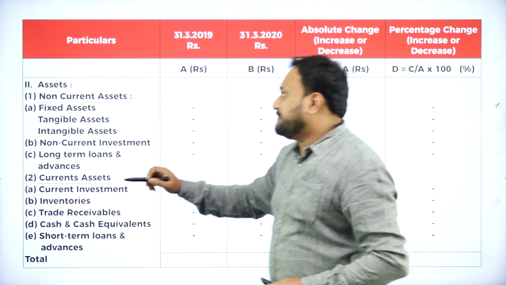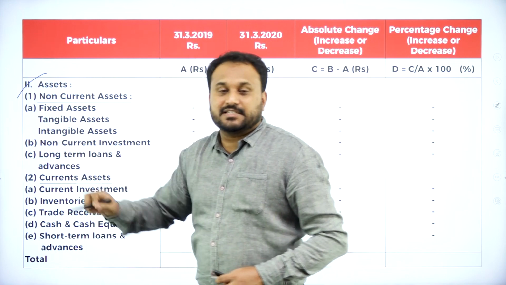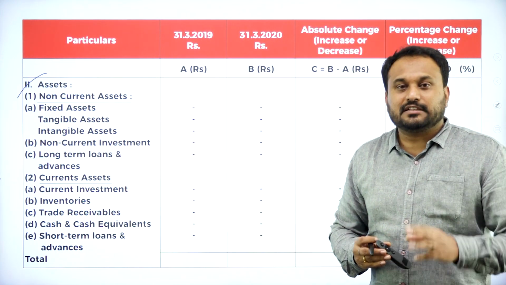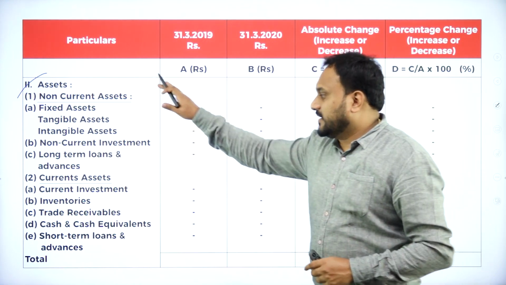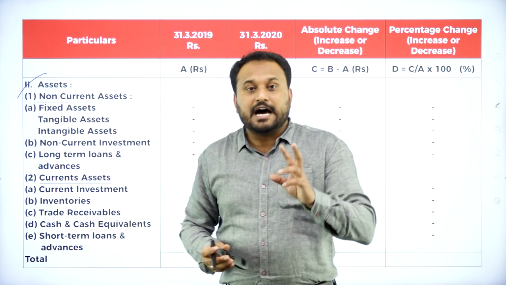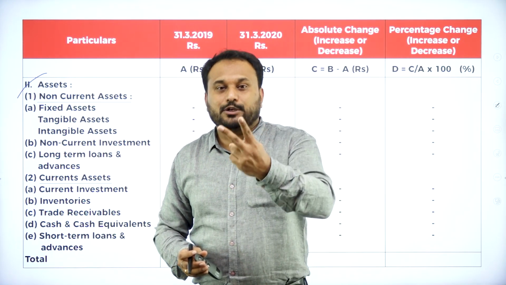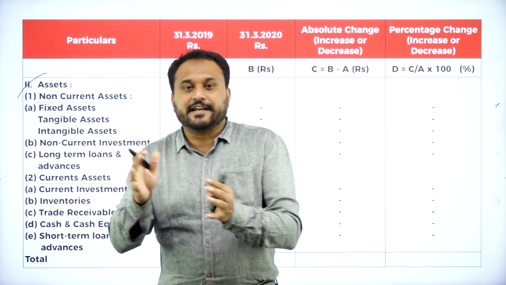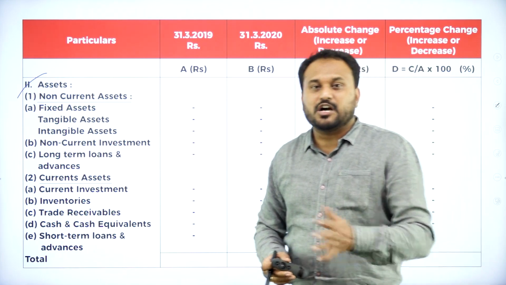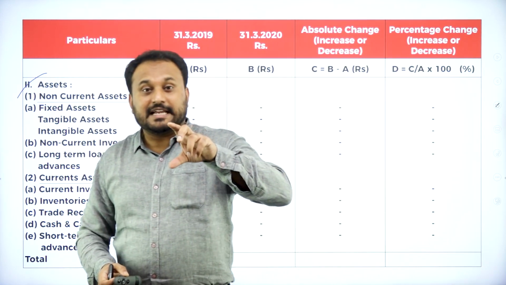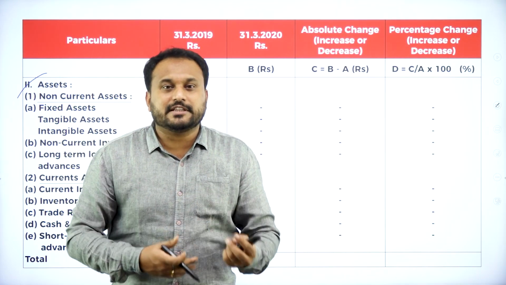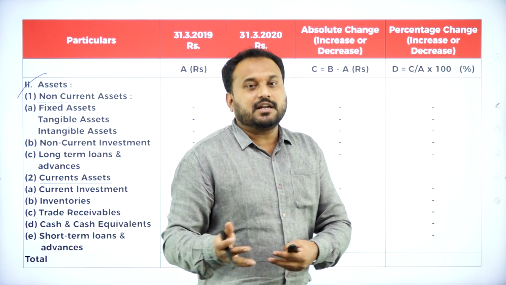The second one is assets. Now, what exactly happens in these assets? We have totally 3 adjustments here in the assets. If you watch properly, you will get 3, but I've divided them into only 2. One is non-current assets. Another is current assets. Let's understand the current asset first. Current assets are those you can easily convert into cash.